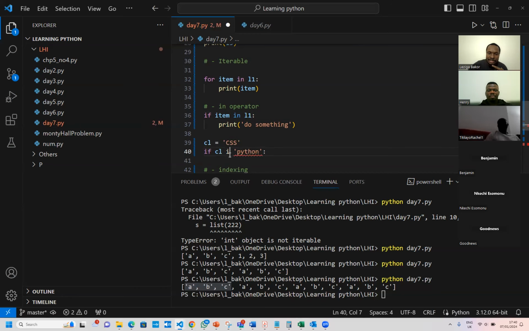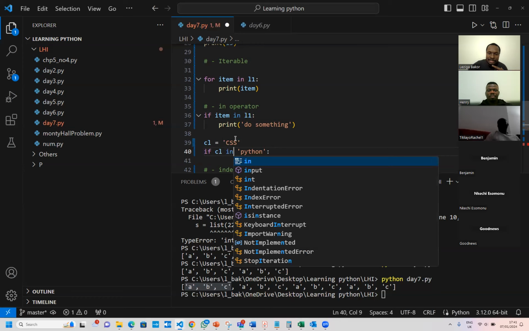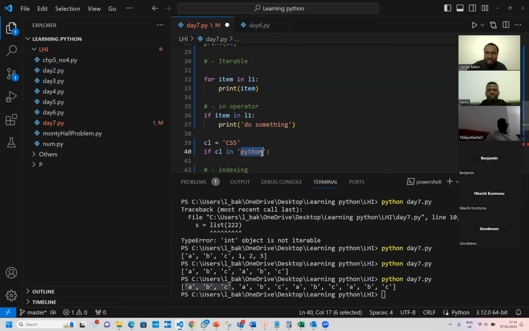Now, if you do it like this, in Python, it will check if CL is one of these letters in Python, right? Of which the person has put CSS. It can't be a letter in Python, so definitely it will not be true, except he put P, then this will be true. In the same vein, you could have a list in this. When I put list 1 here, it's almost the same thing. You can do it with string, you can do it with list. So again, now if he wanted to do this and he did